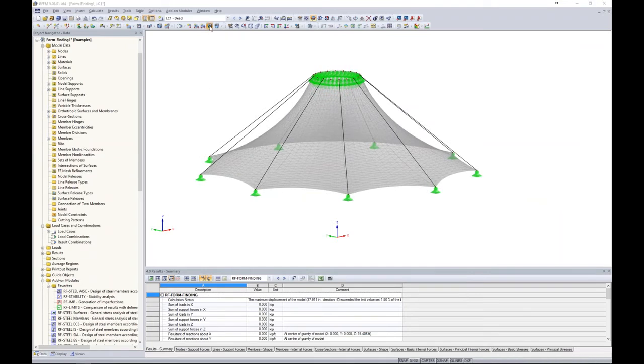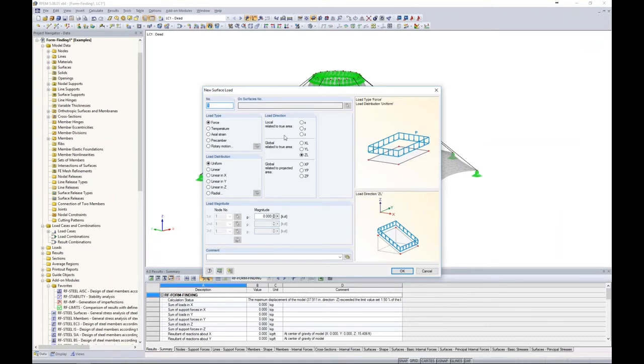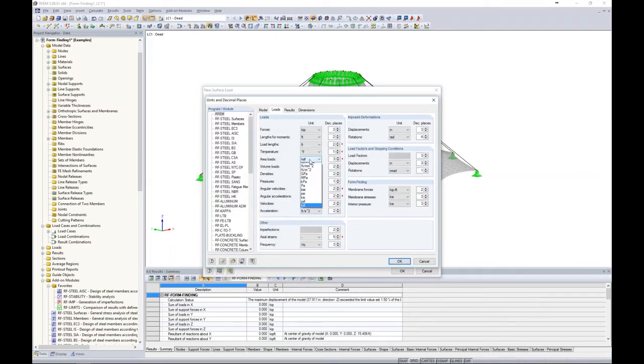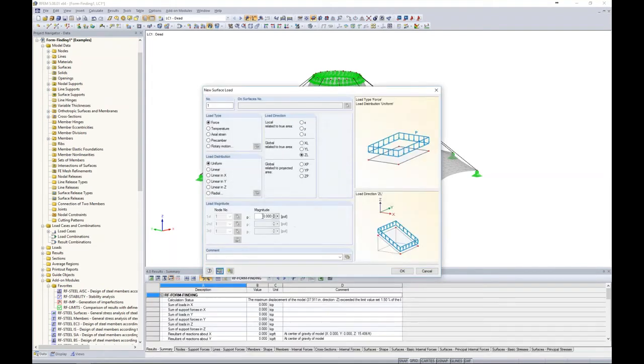the new surface load, we can specify a load direction in the global Z, and I'd like to apply a magnitude here. Now, let's say that this structure is just a basic canopy or something of the sort and really won't see too high of load. So you'll notice I have KSF, kips per square foot right now. Well, I can easily access my units and decimal places, and maybe I want to change my area loads to something more like PSF, for example. I click OK, so now I can apply -1 pound per square foot, a very, very small dead load to